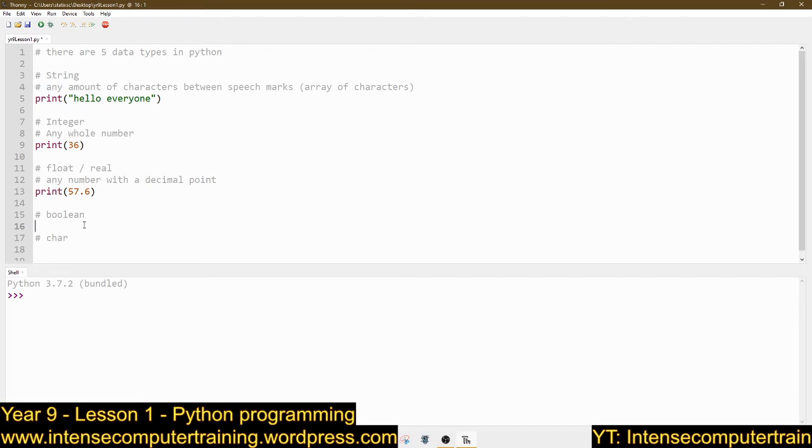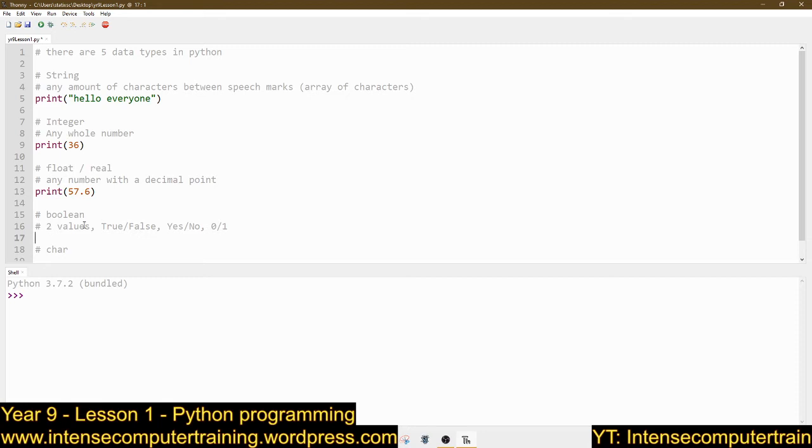Right, boolean. It can only be two values, to make it simple. So this could mean it's either true or false. It can be yes or no. No maybe. Just note to say there's no maybe. So it's just one of two values, 0 or 1. It's any data type. It can be anything. You can even use a string, you can use a number, but it's got to be one of two values.